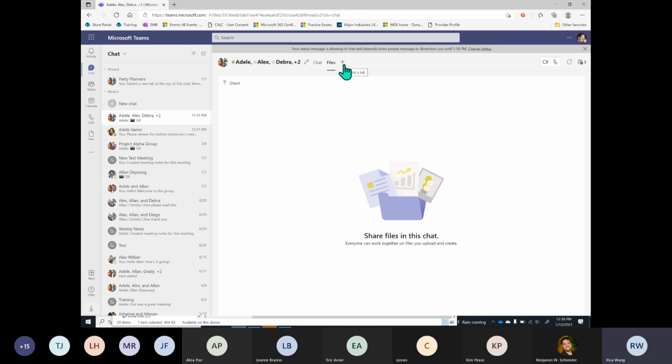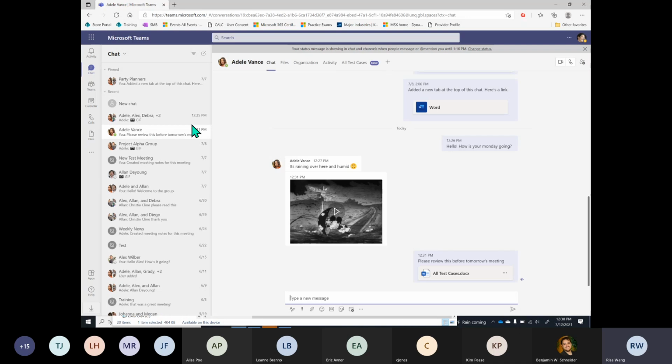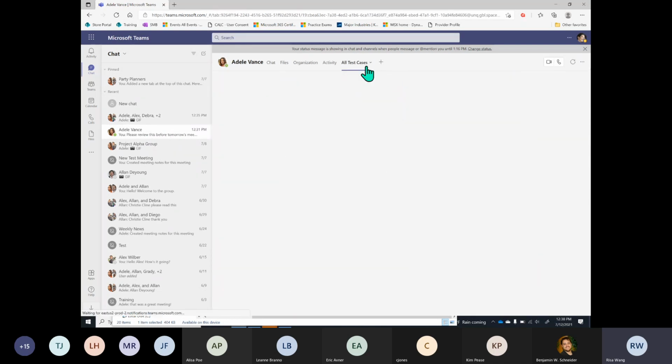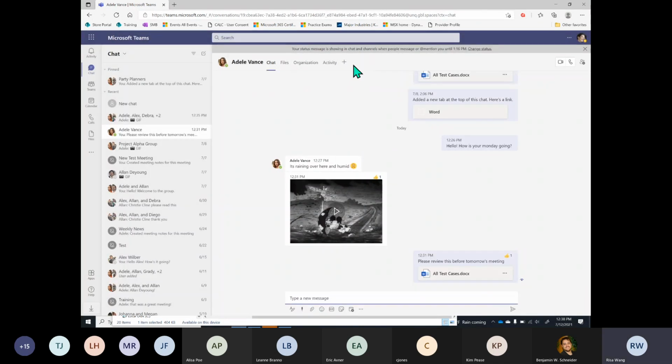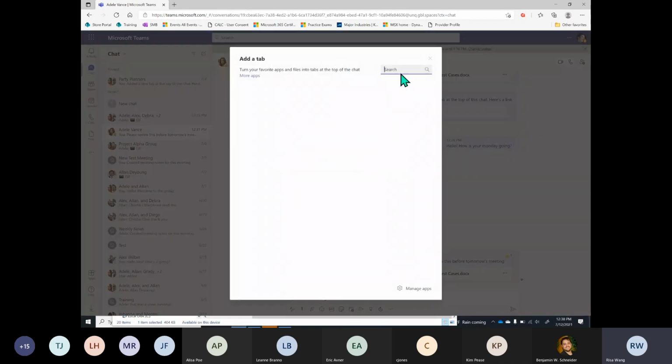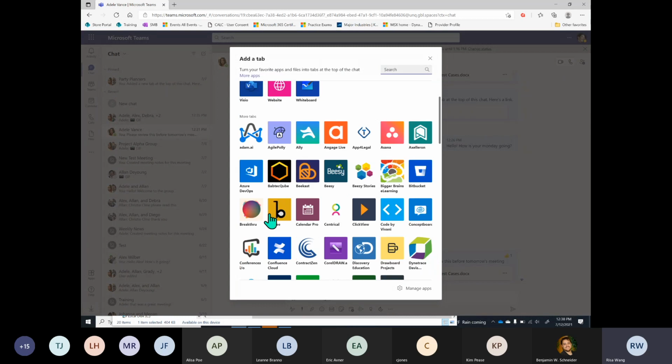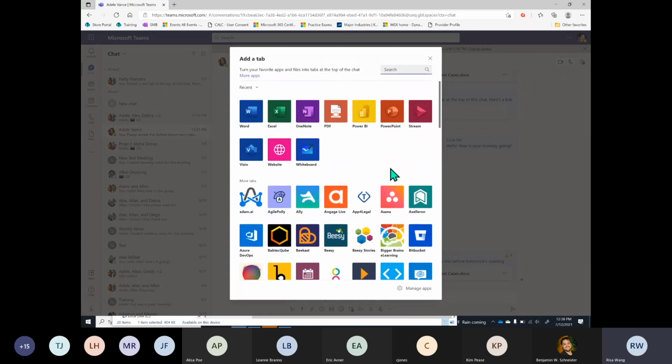Okay, so you can also add more tabs to your little tab bar up here. So if I went to the Adele chat, let me delete this one real quick. All right, so if I wanted to add a new tab to the chat, I can click this little plus sign here, and then it's going to bring up a list of all the different apps that I can integrate